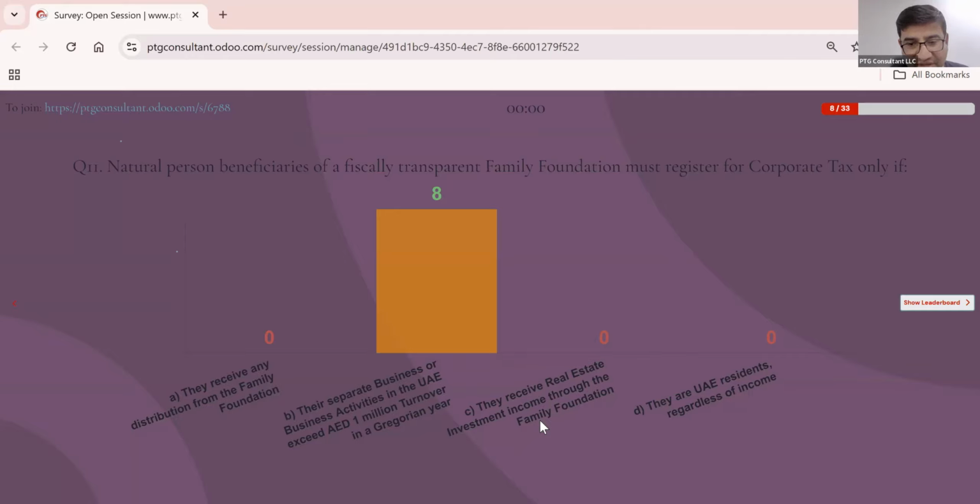transparency. If anybody wants to learn more about real estate investment, just search on YouTube for the FTA workshop on the family foundation. You will find that webinar in which they explain it, and if anybody would like to have the slides, you can send me a WhatsApp message and I'll share them with you. Although the FTA did not give slides, I'm preparing slides for the key topics.